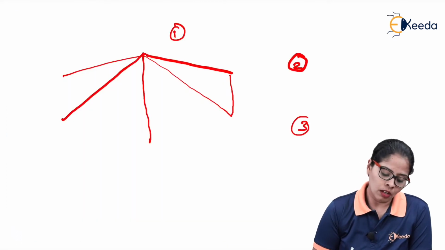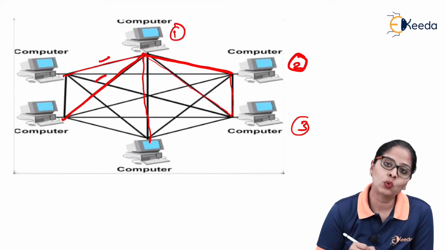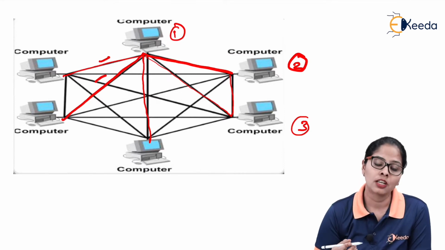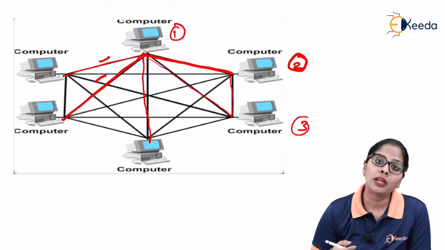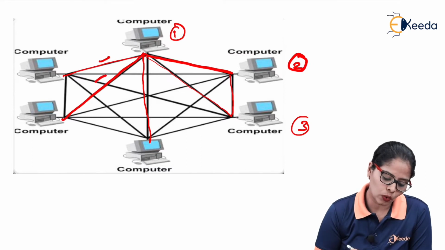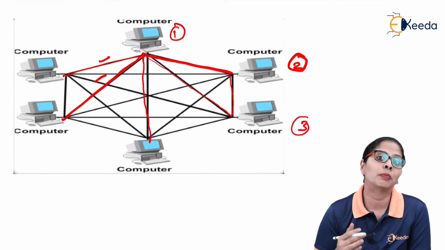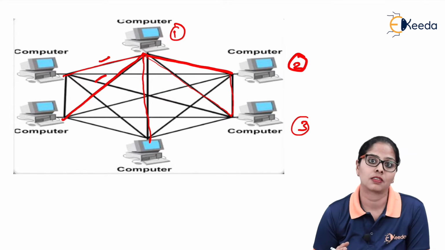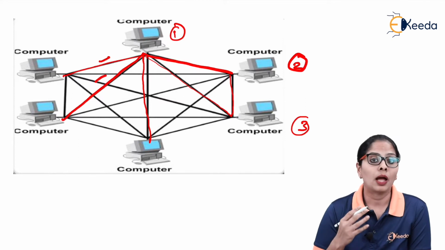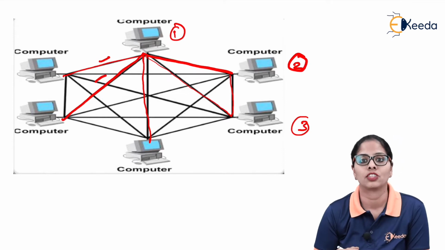Now see here, this is my computer 1 and there is a dedicated link to each computer. So if there are more clients or more PCs, that many cables will be there. For example, over here we considered only 6 computers. Now imagine there are 100 computers, what will happen, how will the cabling look? It will be a very complex task to connect each computer with the other computers with the help of separate cables. And because the cabling cost is going to increase, we say this is expensive in nature.